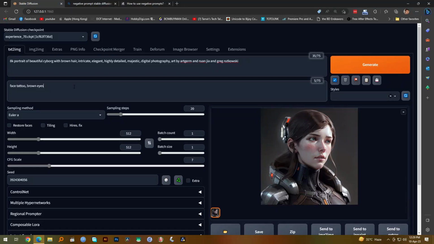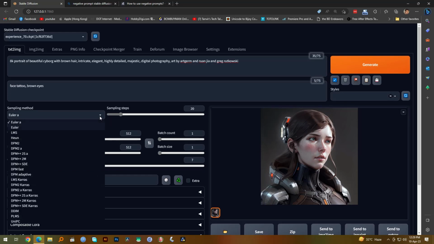And now we're going to go to the next part of the image generation, which is the sampling method. Now, what is a sampling method? A sampling method is basically a way or a process of generating this image from the latent space of stable diffusion. So I don't want to make it difficult. It's just that the image that you're seeing here is created using this method,